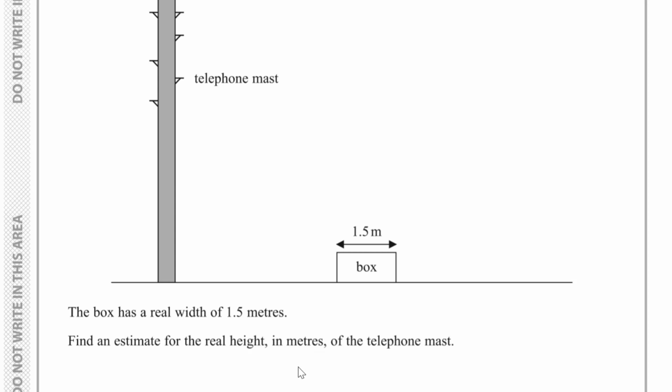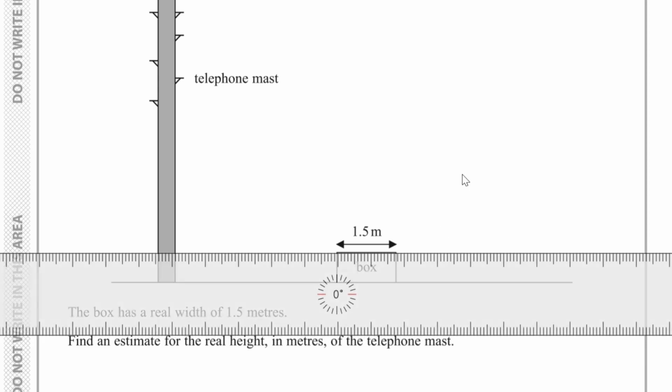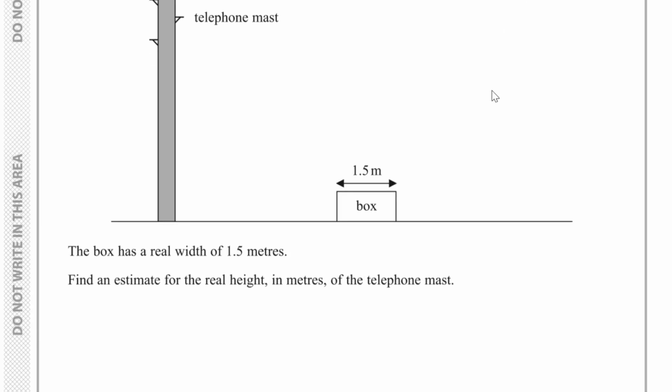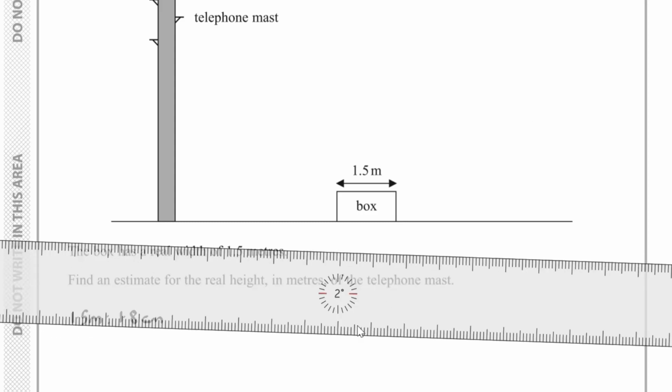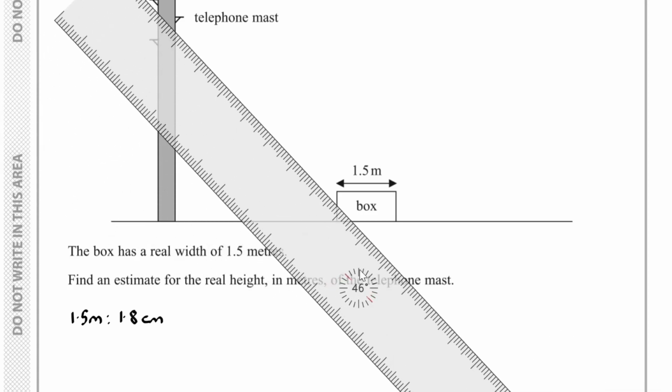So to do this question, if we measure this length here of the box using our ruler, we see that we have over here 1.8 centimeters. So the 1.5 meters would represent the 1.8 centimeters, and if we use our ruler to find the height of the telephone mast,